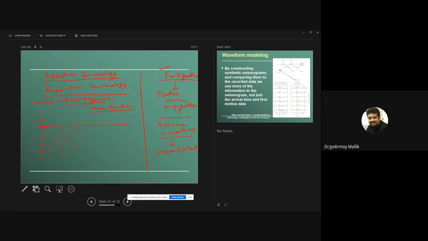Now, what we also know is that the internal structure of the earth is not homogeneous, right? So there are layers in it. Let us say we have three layers where the first one has a density of rho 1, the second one has a density of rho 2, the third one has a density of rho 3. And here I am going to introduce one very important term, what we call acoustic impedance.